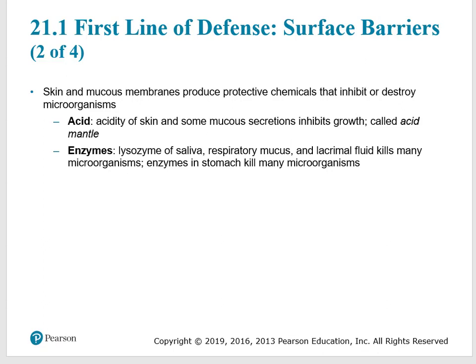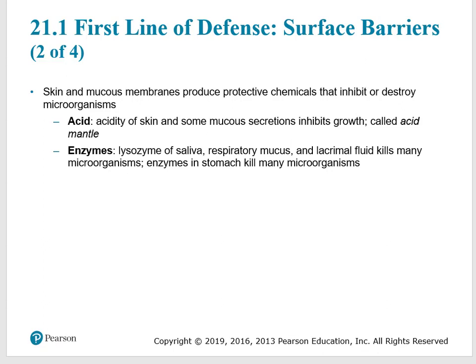It has sweat glands, and oil glands, and these secretions help to produce an acidity on our skin. This acidity keeps the count of microorganisms on our skin to a minimum level,